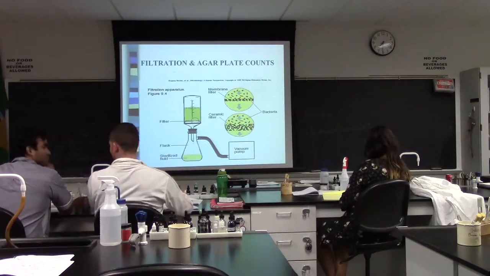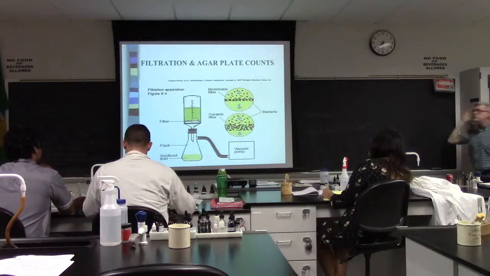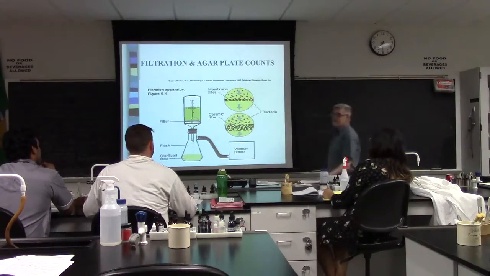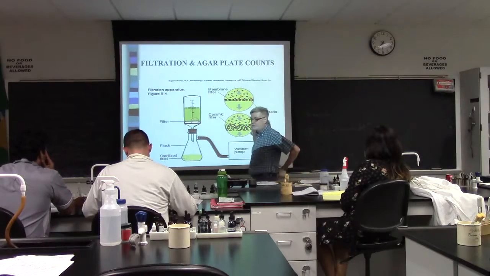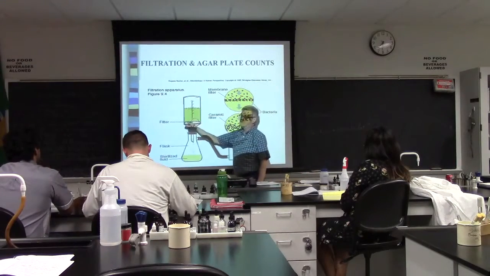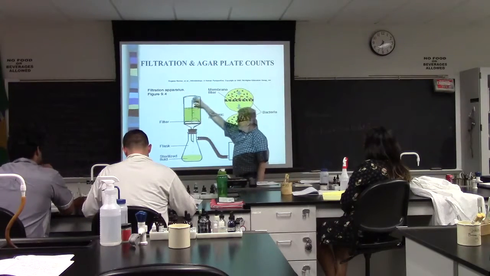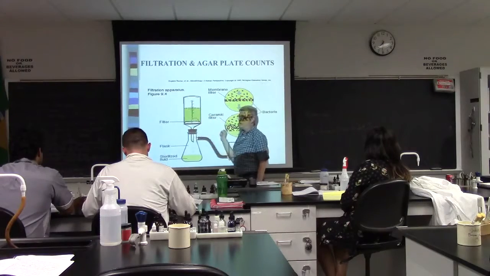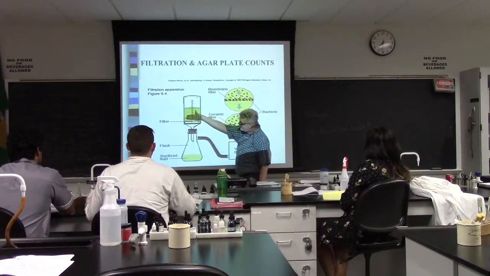is the filtration method. The problem with it used to be called the Millipore method because Millipore was the only thing that made a filter this small. Now everybody makes them. But you make a filter that's 0.22 microns small, no bacteria is smaller than that, and you pour your liquid in here, you hook it to a vacuum, and it sucks it through, and all the bacteria stay on the